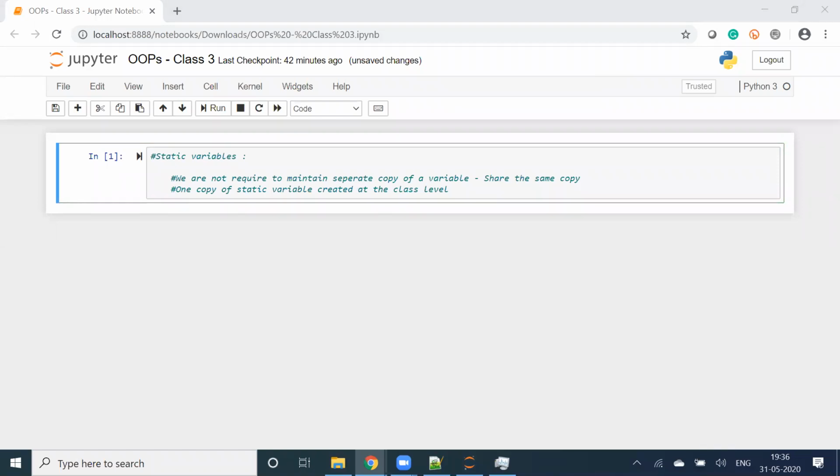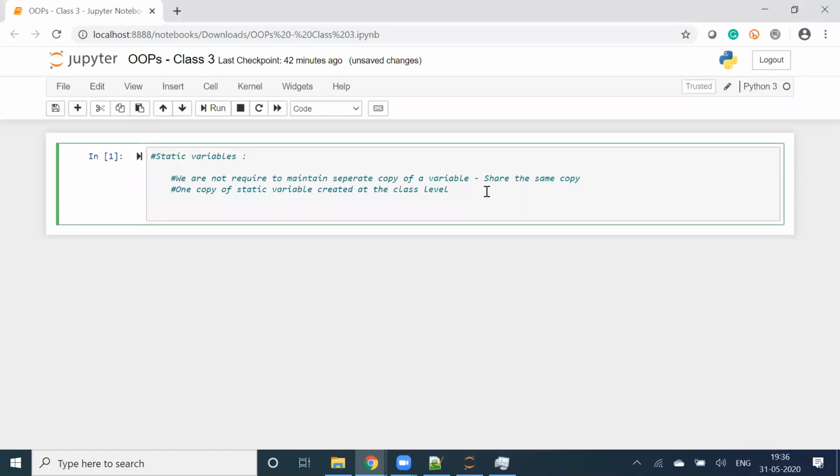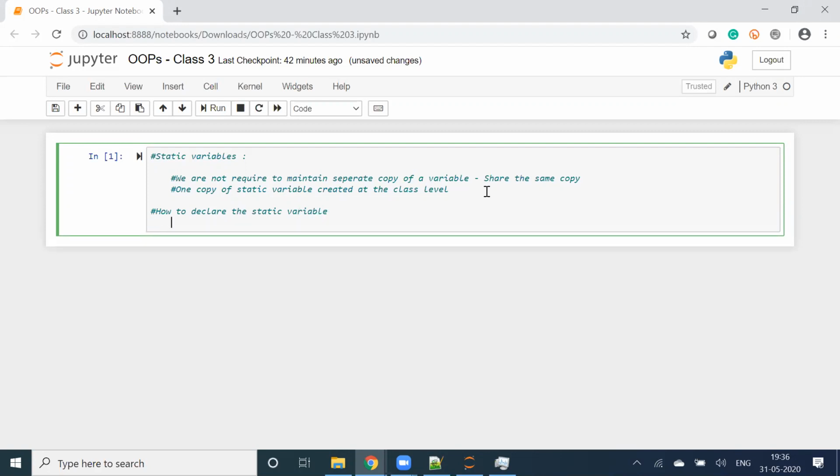But before that, how will we declare a static variable? What are the ways? There are various different ways to declare a static variable. First way, directly inside the class.